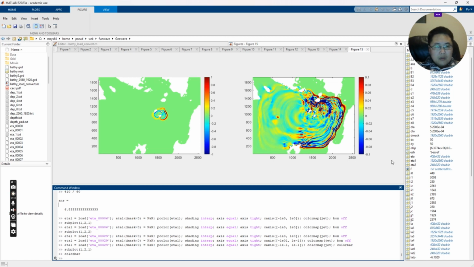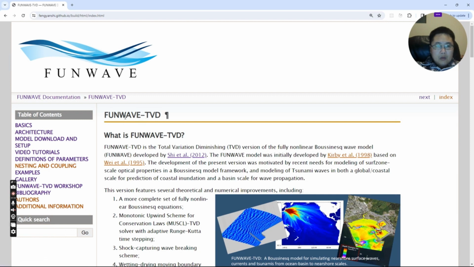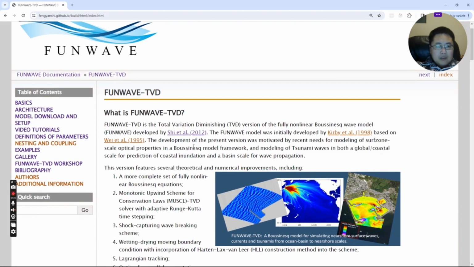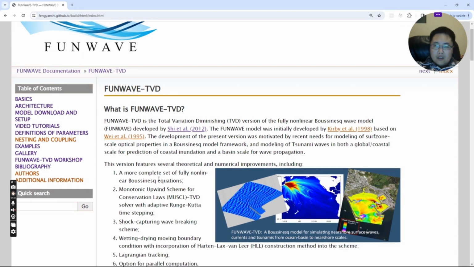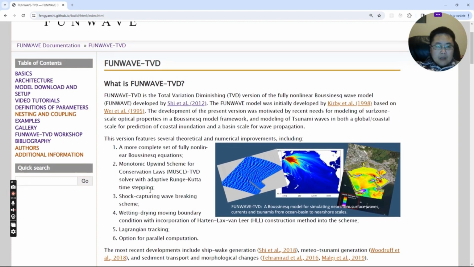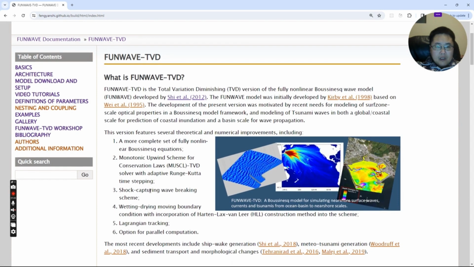So let's start with the code. The code is called funwave-tvd, right? It is based upon the original sequential funwave code, but it has changed the numerical method from purely finite difference to something more advanced, close to a finite volume method. And this code actually solves the